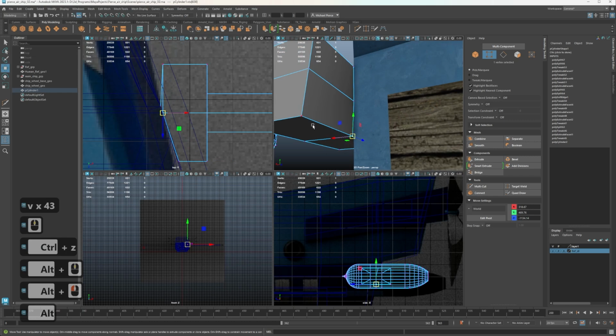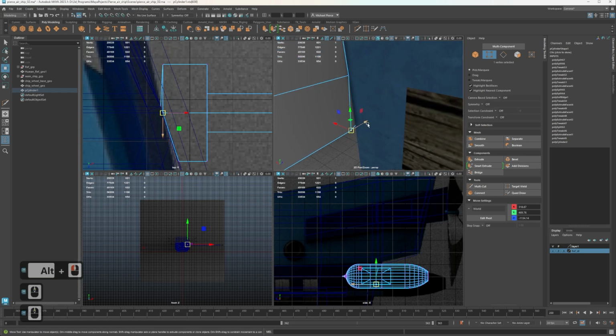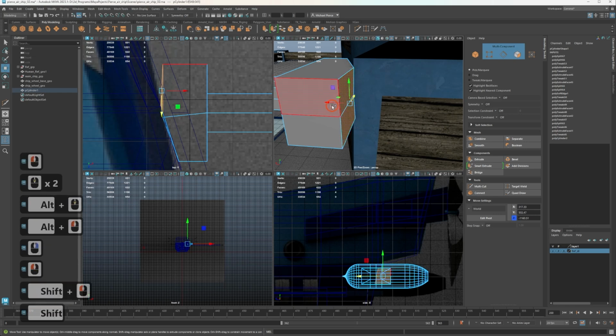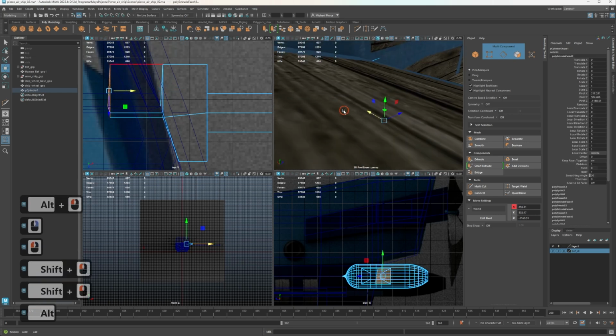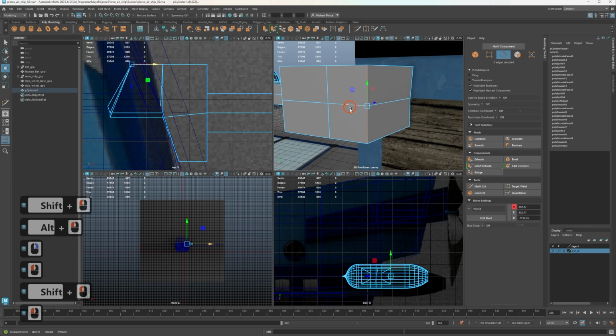Let's see here. Menu, 2-point, grid. I'm just going to manually do this one. There we go. Give it a little extra support. And I'm also going to make this a little bit nicer looking by